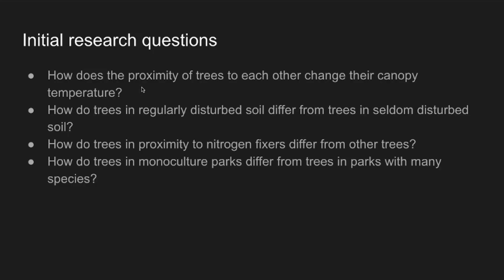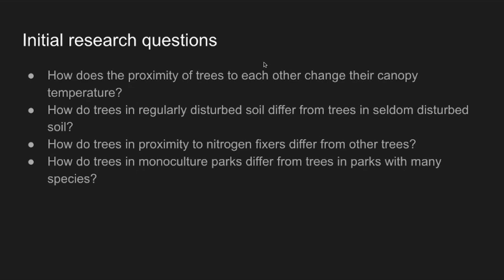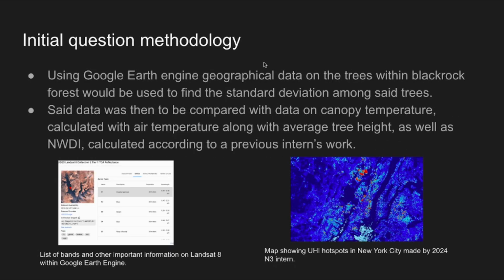So yeah, the initial research questions that we decided on at the very beginning and built the direction of our project upon. Specifically, we went with the first one here, which is: how does the proximity of trees to each other, and how clustered they are, affect their canopy temperature? We attempted to do this using geographical data on the trees within Blackrock Forest, within Google Earth Engine, along with data of canopy temperature and NWDI, which again,